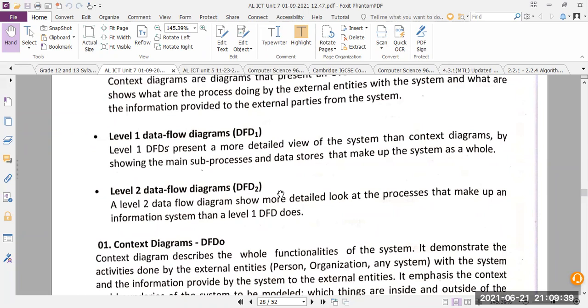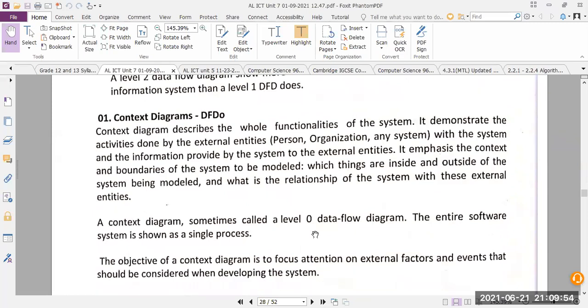Now we will look at the context level diagram. I will first explain to you what a context level diagram is, and after that you will draw a context level diagram in this class or maybe after class. We have another 20 minutes. The context describes the whole functionality of the system.